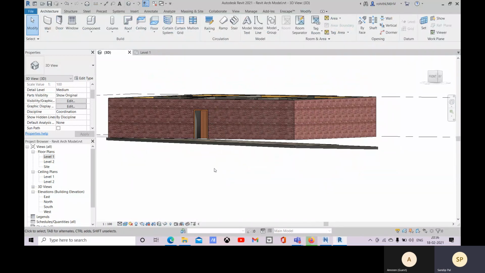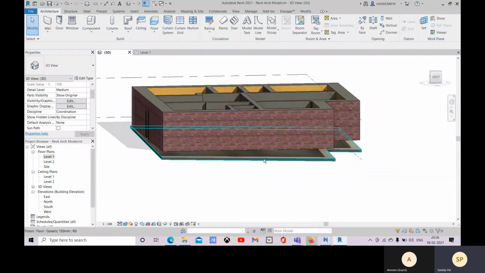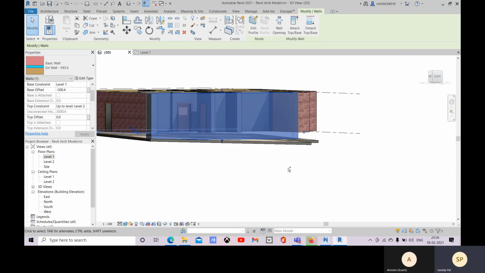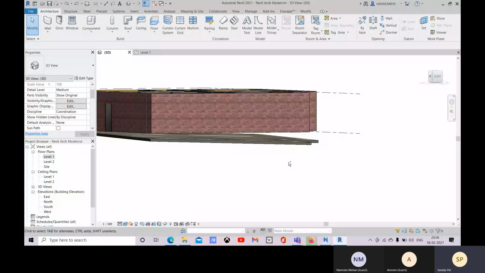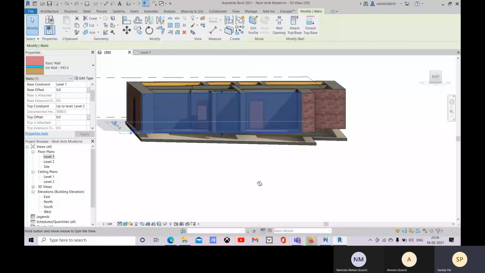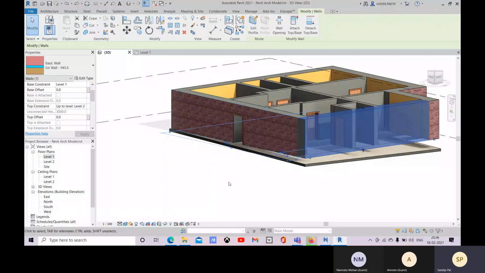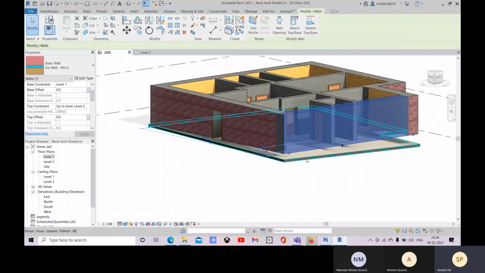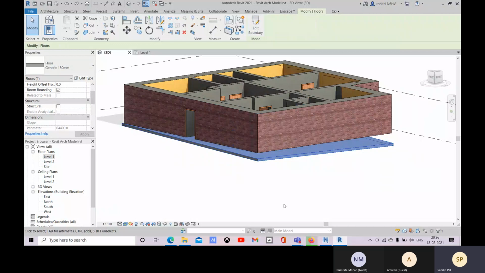All right, now what should you do? You'll be extending like this and matching this way? No, you cannot do that. So what should you do? Select these walls, and there you see you have this attach top or base. You have this option, so you can attach with this base or this floor.